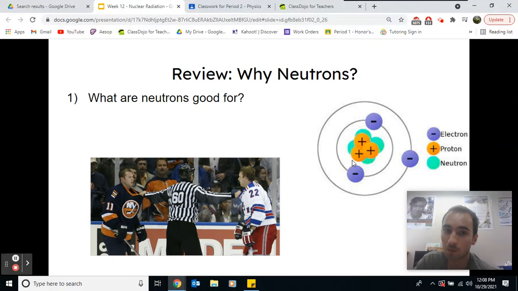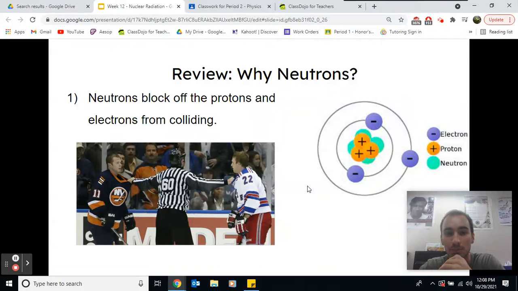And some review. What are neutrons good for? What are they good for? Remember, the opposites attract. Okay, so what do you think neutrons are good for? Hint, this ref is acting like a neutron. Okay,